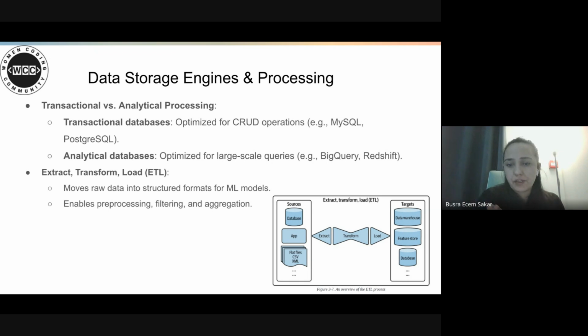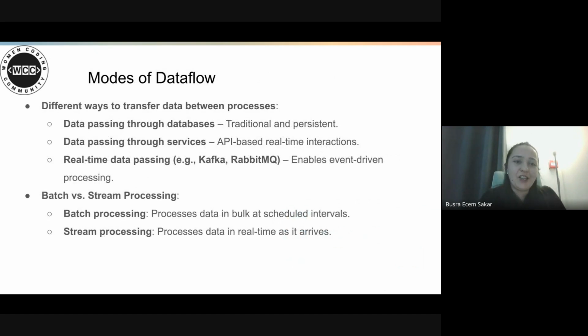So data storage engines and processing systems are a milestone of machine learning systems, because they ensure that models can work efficiently with large data sets.